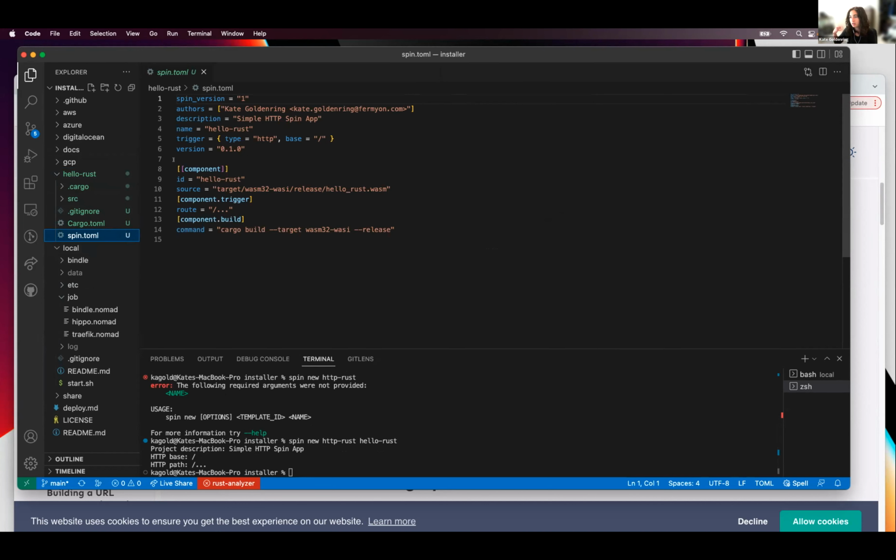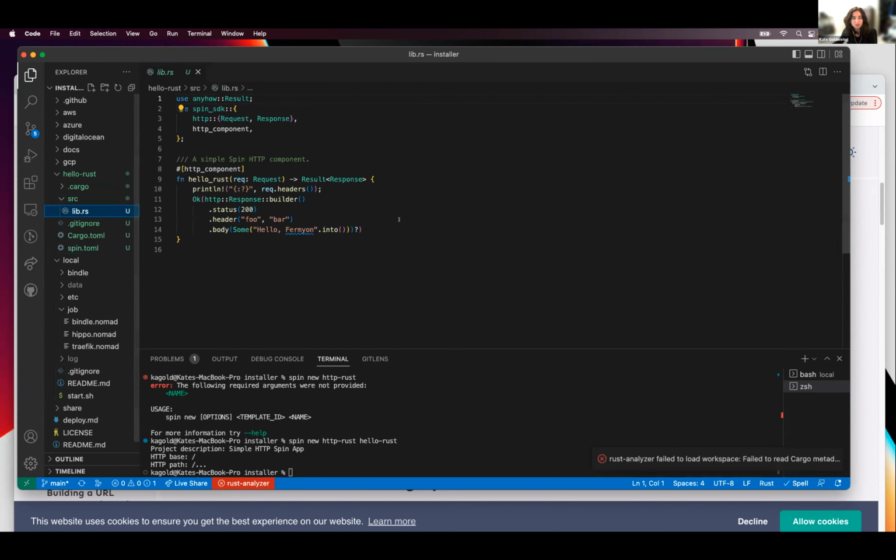Here, when we quickly spun one up, we have one, but we could add more. And this is just going to be invoked whenever you hit the base of the Spin endpoint. If we go in and look, this is what was quickly generated, which is just a simple hello world. So what happens is when you hit the endpoint, Spin will run the WebAssembly module,